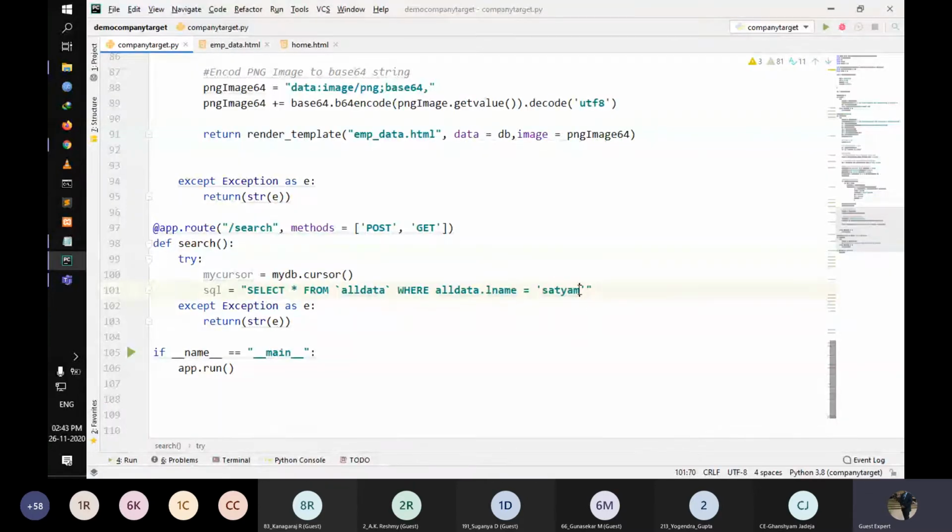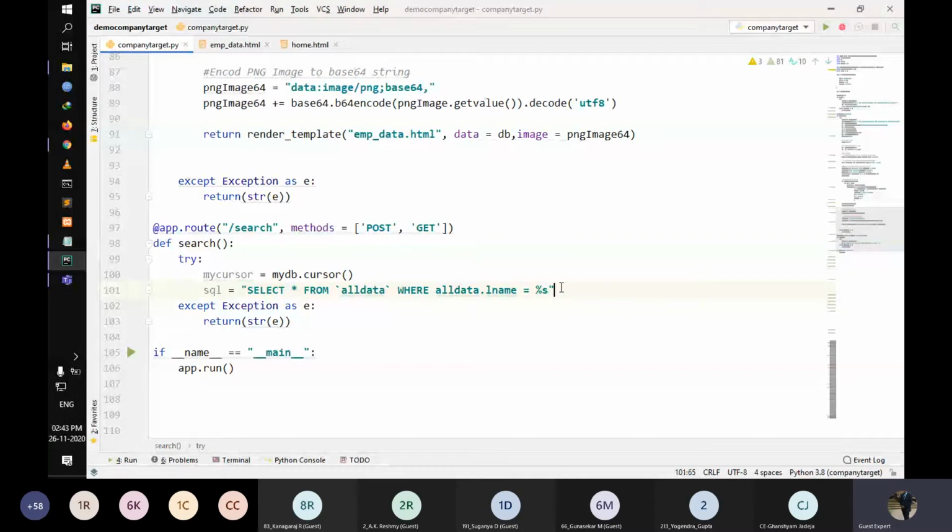Now for Satyam, we need a placeholder here. We can't run this directly as Satyam because then we can't change it. So we have to assign %s. This s is the value we have to enter from our HTML side.